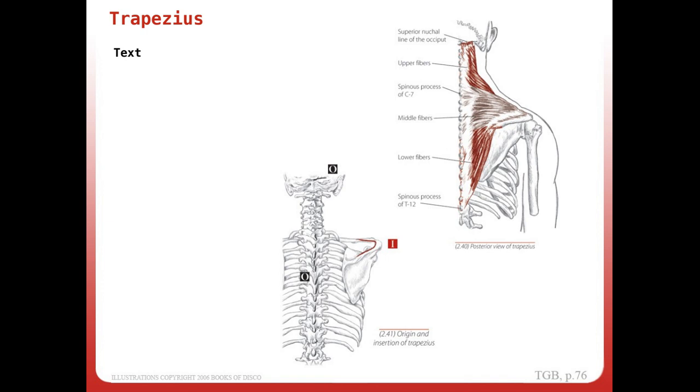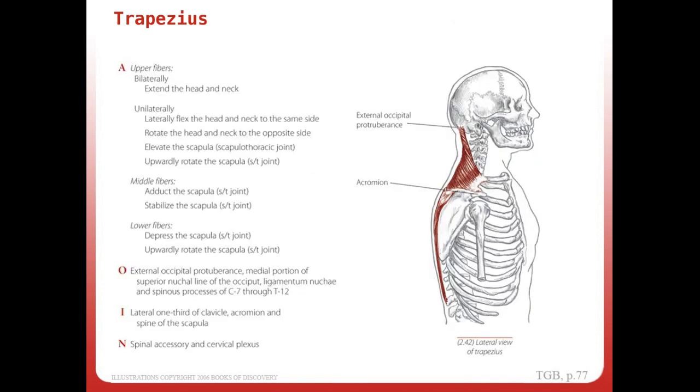All right, if we look at the traps. Okay, same situation like the deltoid. You got the lower, middle, and upper fibers. Obviously, this is a muscle on the posterior aspect of it. Here comes the trickiness with the trap because the origin has the external occipital protuberance, the medial portion of the superior nuchal line of the occiput. So it's pretty detailed. If there's a way that you could remember it, maybe use the insertion, or if it's a question that's not that detailed but it gives you the action,